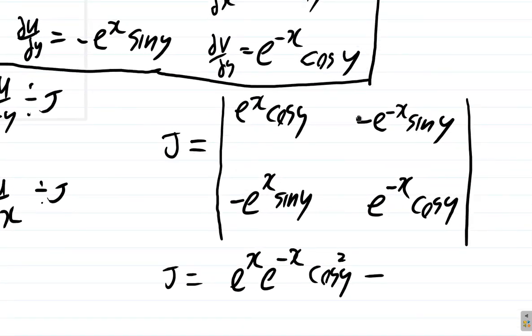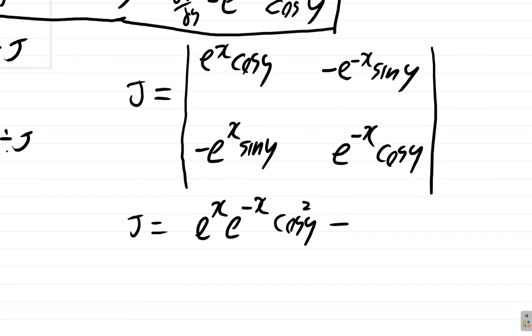I'm going to minus the two negatives. So we minus negative this by negative that, which gives a positive. So it's not going to be a minus negative, it's minus a positive. So it is e to negative x times e to the x sine y by sine y, which is sine squared y. So the Jacobian,